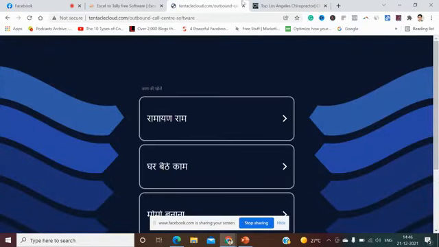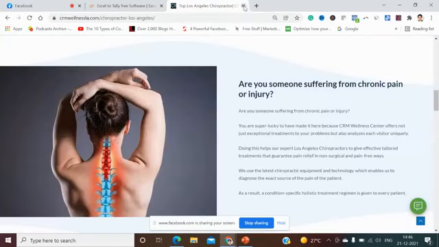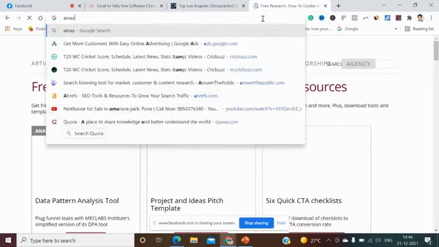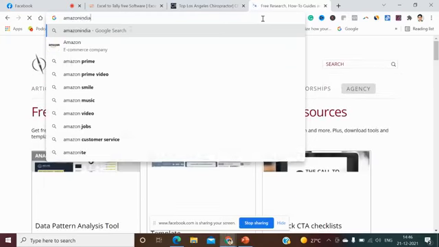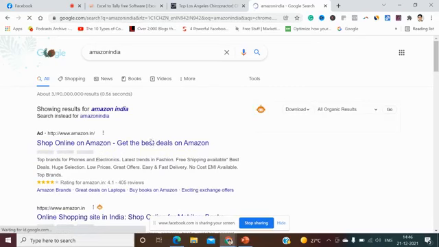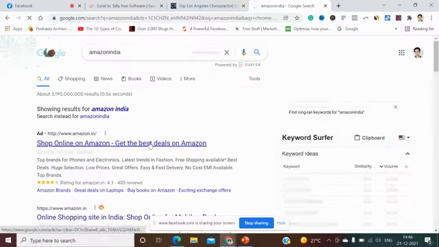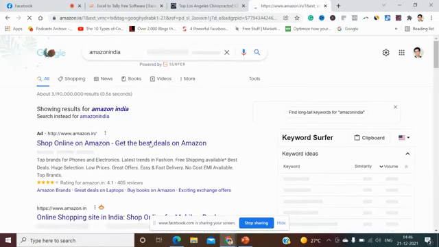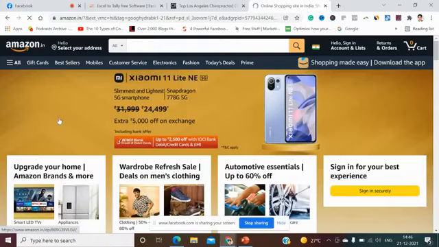Okay, I believe this page is not available as of now, so what you can do is you can say Amazon India, right? Okay, let's try to understand an example of Amazon here. Okay, see what you can understand here.